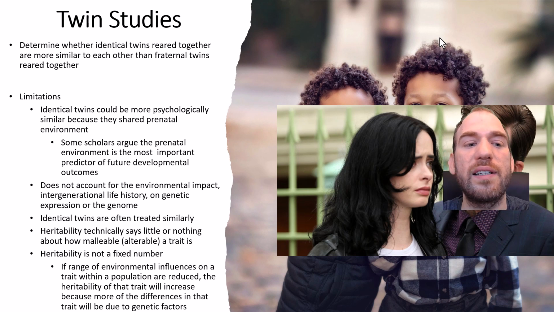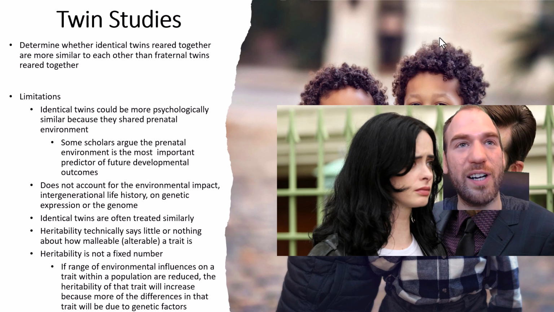Well, this doesn't really account for, for example, intergenerational life histories. We do know that there are intergenerational impacts on a genetic level, which may be passed on to both sets of twins. So that intergenerational genetic history is passed on to both twins. But the important part here is that this intergenerational life history of genes is rooted theoretically in environmental influences on the twins' parents or their grandparents or great-grandparents, whatever along those lines.